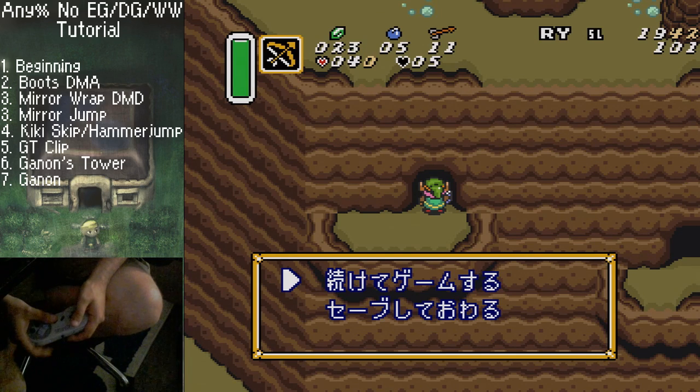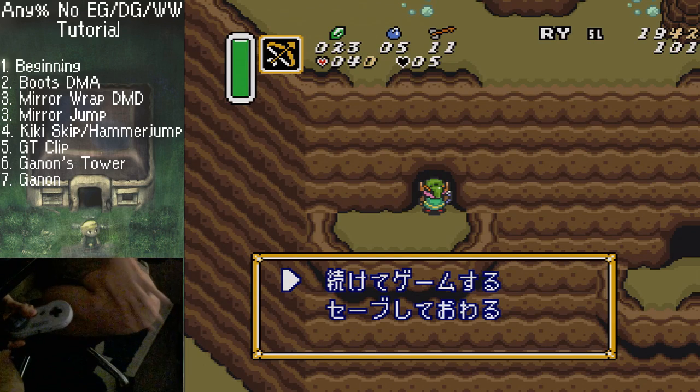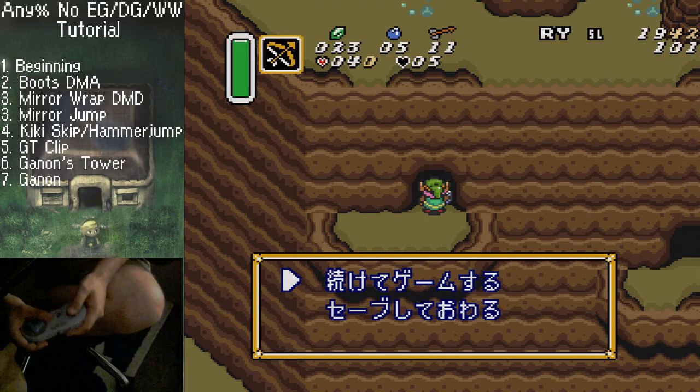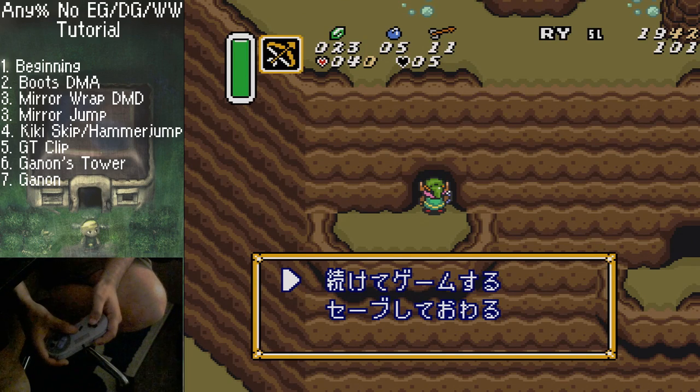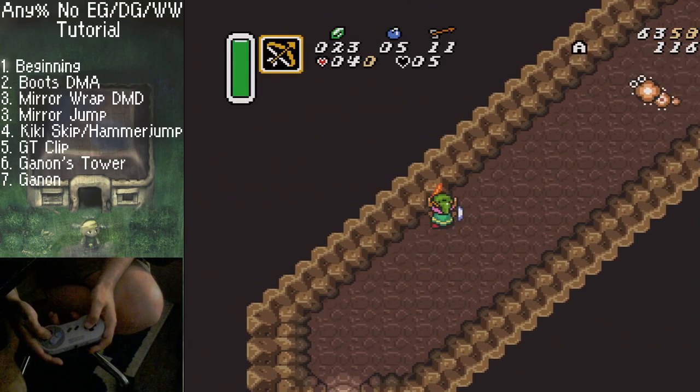Pinkus, Andy, and probably Josh can definitely Kiki Skip faster than they bomb clip. Josh will still do the bomb clip, though, because it's 100% consistent. So I'm going to show a bomb clip here. This is why we picked up the bombs in Sahasrahla's hut. So when you enter, I'm going to show it to you with these guys dead so I can show you